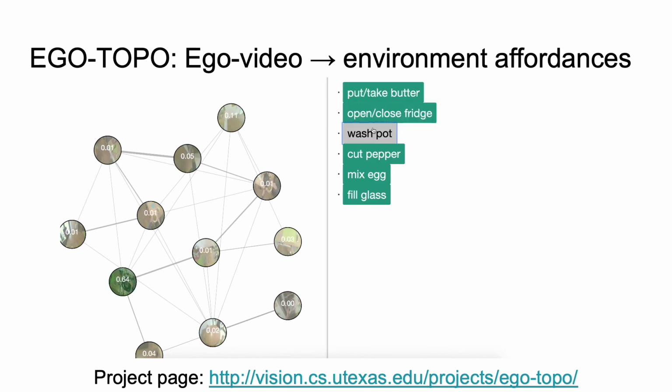In conclusion, egocentric video is much more than just a stack of frames. Treating frames of the video as visits to nodes in a topological graph puts the agent and the environment's relationship at the forefront and allows us to effectively reason about the two.